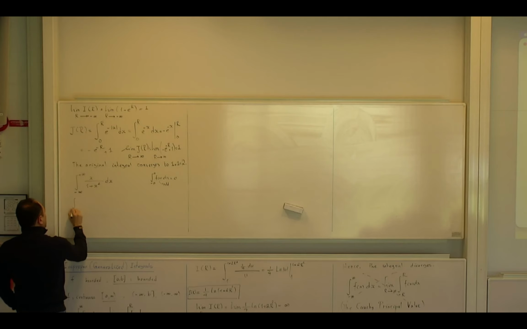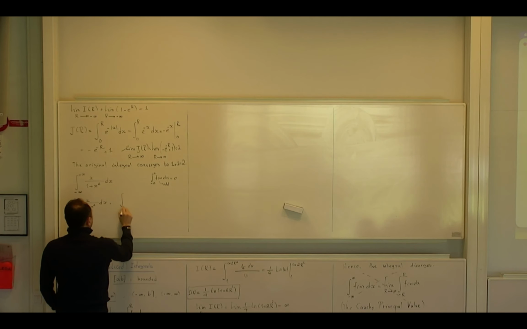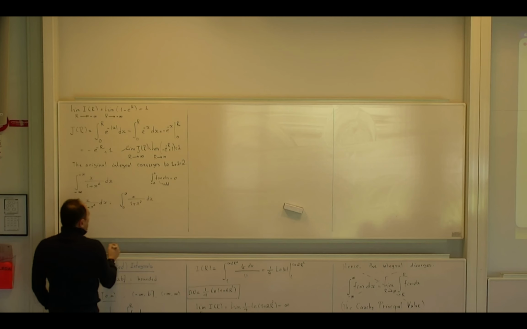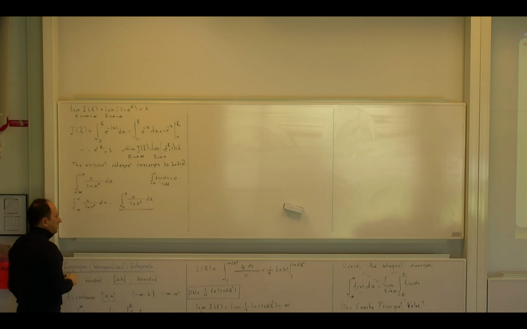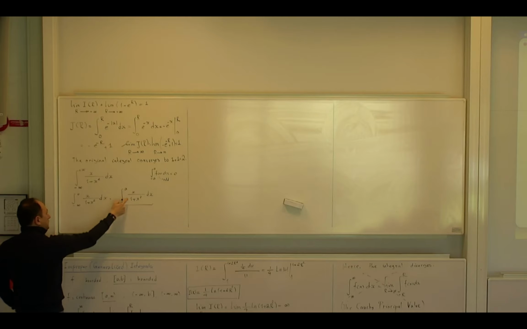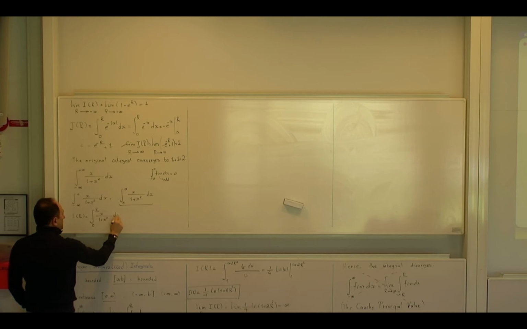Integral from minus infinity to 0, x over 1 plus x squared dx. Another integral from 0 to infinity, x over 1 plus x squared dx. I myself prefer to start with the positive one, because if this does not work, I will stop and say that the integral diverges. And if it works, then I have to go to the negative. Working with positive is probably simpler. So this means for this one, I have to introduce a function which is integral from 0 to r of x over 1 plus x squared dx.